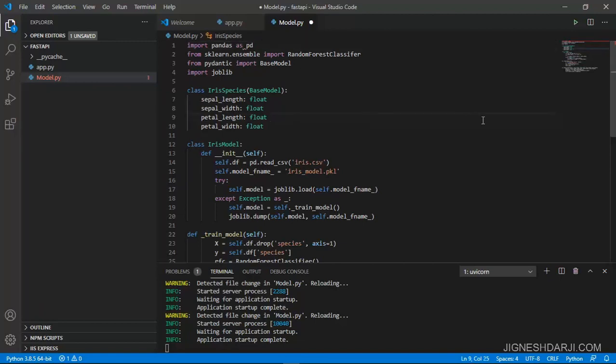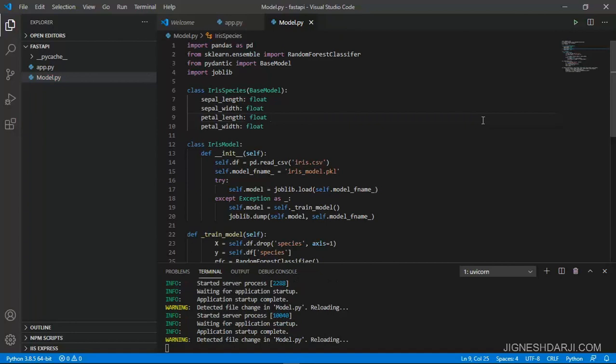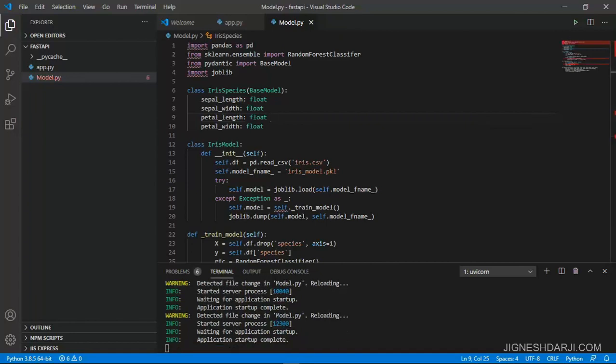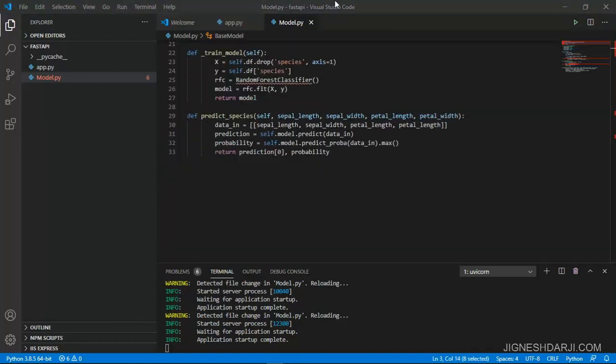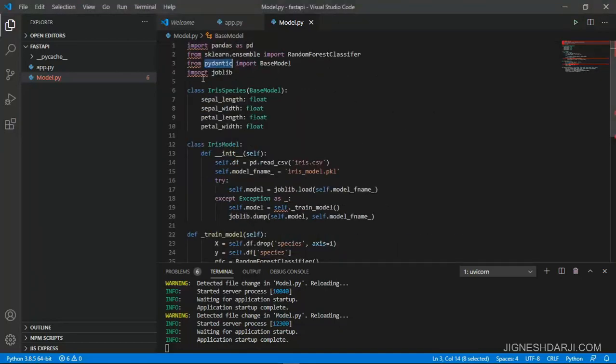So my IrisSpecies class is ready, and IrisModel is also ready inside model.py. Inside that IrisModel I also create the predict species function to predict the data.